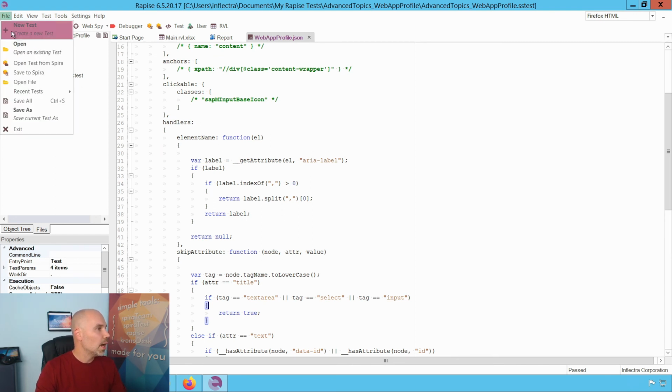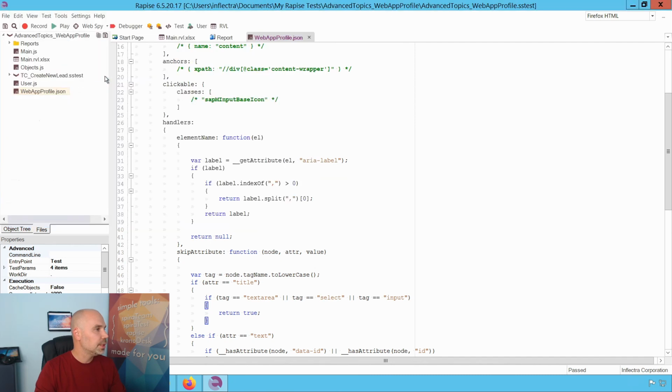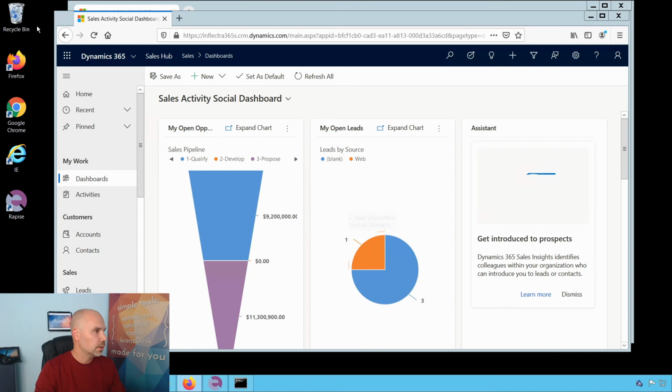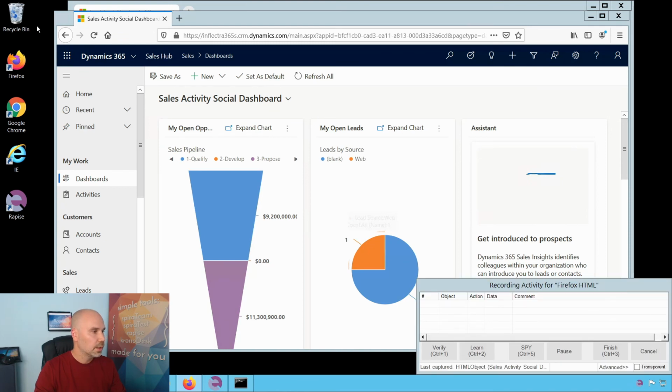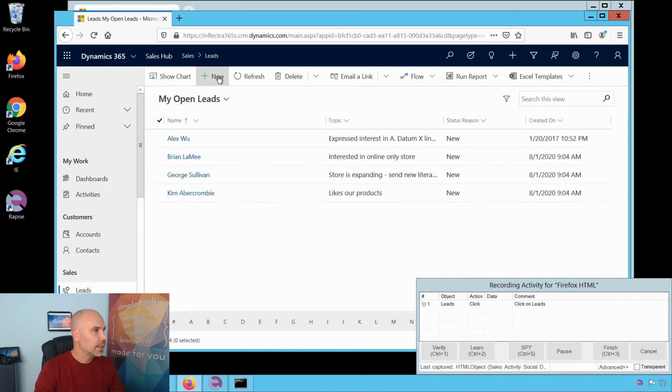So now I will open this subtest in Rapise and will do recording. It is connected to Firefox. Let's use Firefox for recording. And I will record the very same scenario. So clicking on leads, clicking on new,